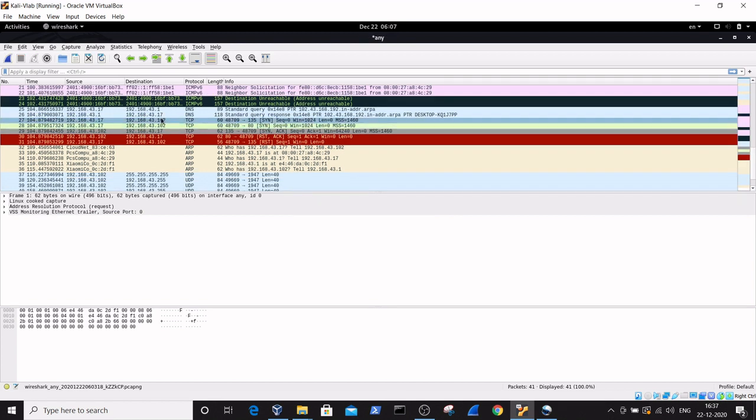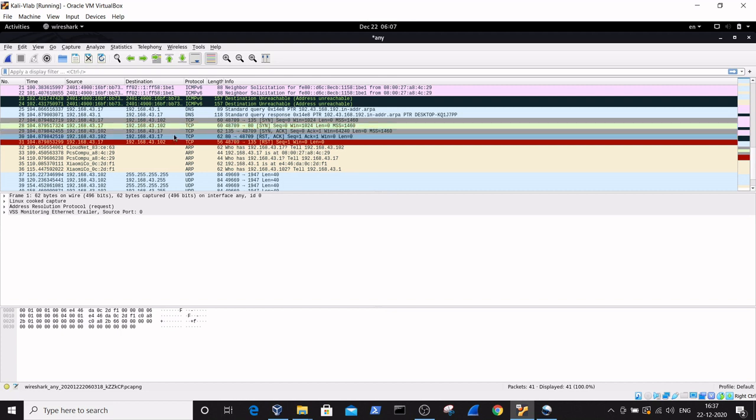My target IP address ends with 102 and my base machine IP is 192.168.43.17. To the target IP address 192.168.43.102, I sent a SYN packet to port number 135, and another SYN packet to port number 80.